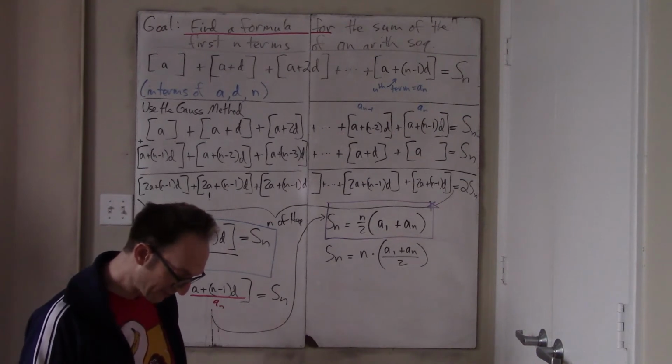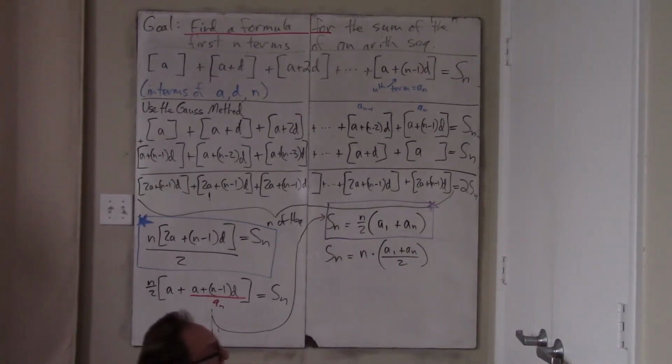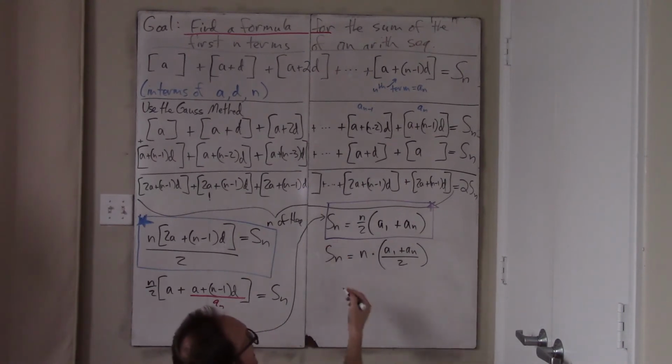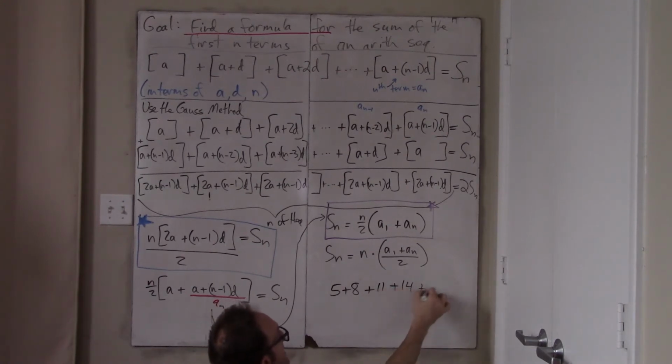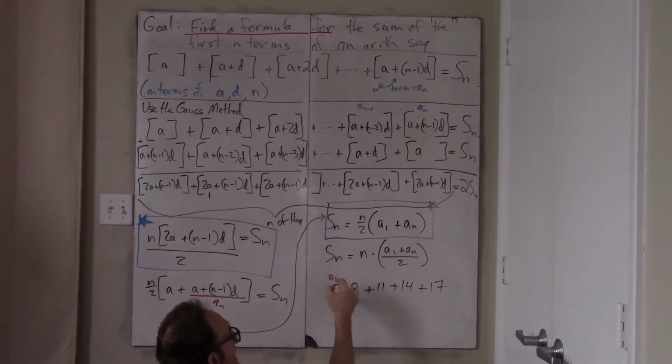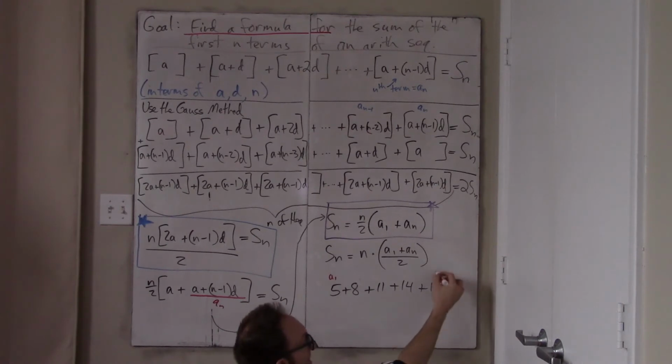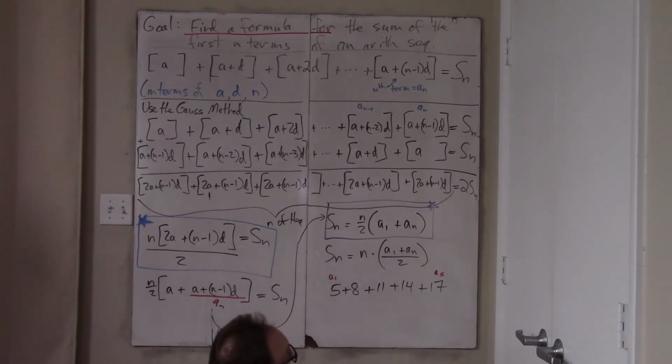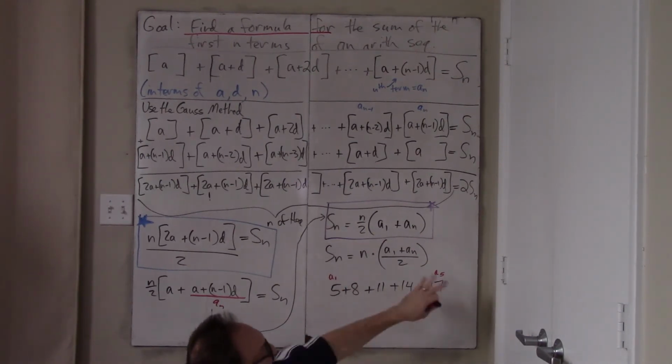And that's very reasonable, because suppose I want to add up, here we go, the generic arithmetic sequence that we started with: 5 plus 8 plus 11 plus 14 plus 17, say. So this is the sum of the first 5 terms of this arithmetic sequence. Then this first term 5 is a1, and this last term 17 is a5. What does it mean to take the average of them? Because arithmetic sequences are so symmetric, you're just adding the same thing each time. So if you're adding up the same thing each time, then the sequence is symmetrical, right?